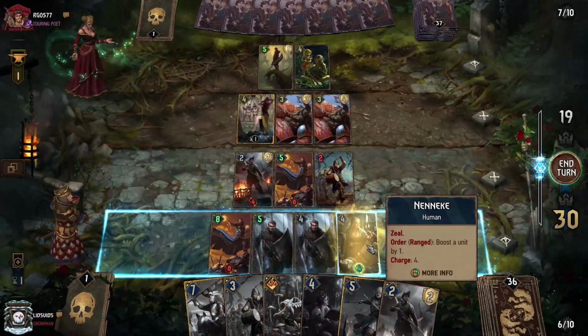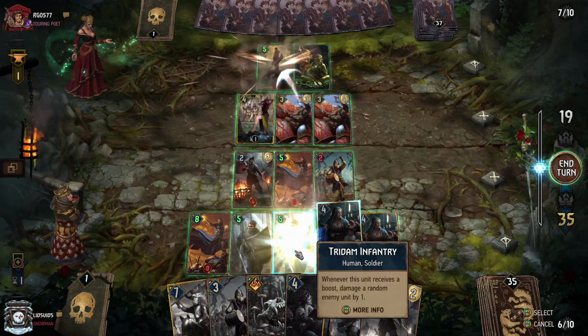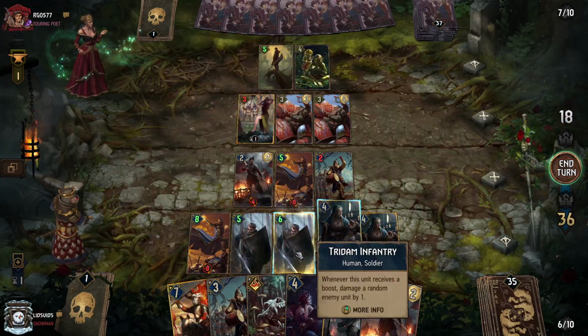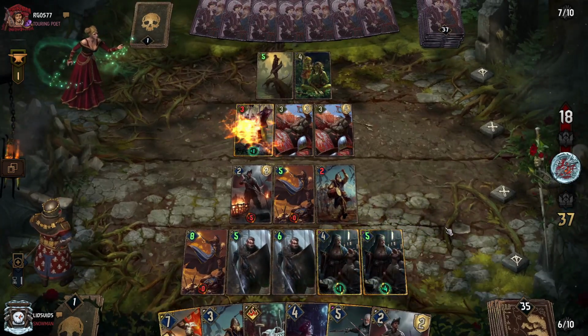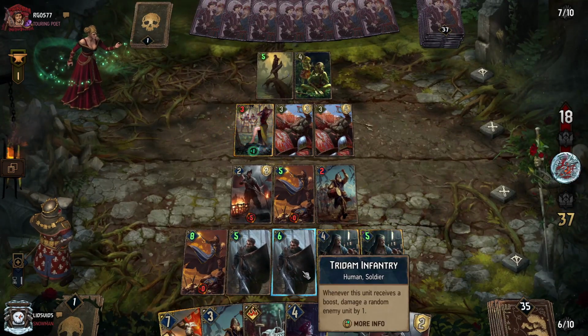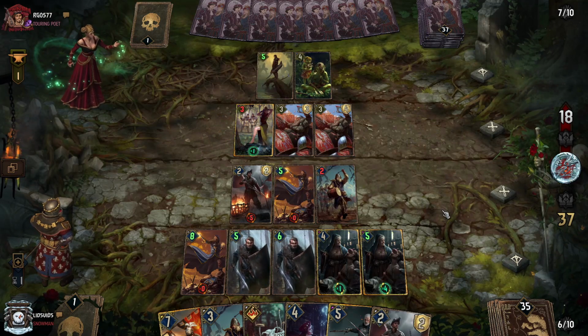We are almost certainly not going to have time for this, especially if we get our second Nenneke out there. Go. Quickly. Quickly. Use all the charges you can. And it auto-targets the other Nenneke at the end of our turn because we didn't have time to actually hit the Tridam Infantry here. Now, we did apply 1 damage to Malena,